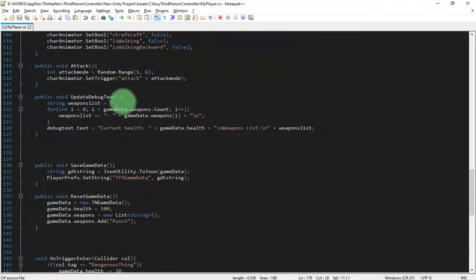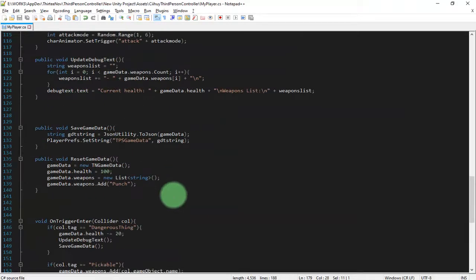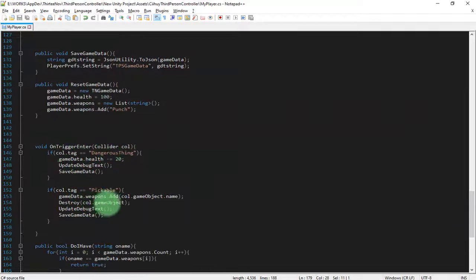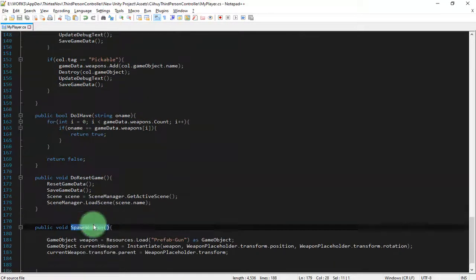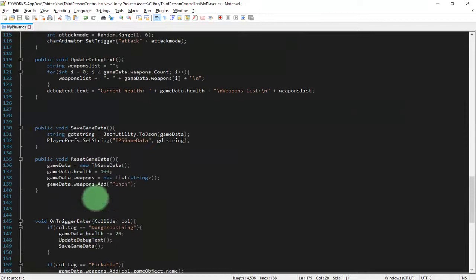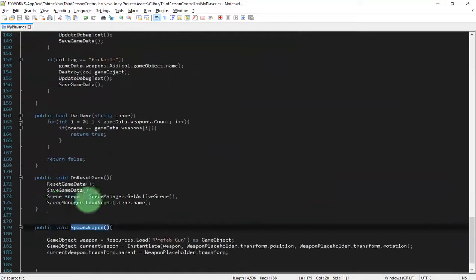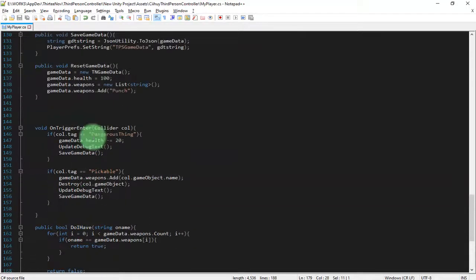Where is the function that is related to weapon pickup? The weapon pickup is here on the trigger enter. On trigger enter, this one, pickable.